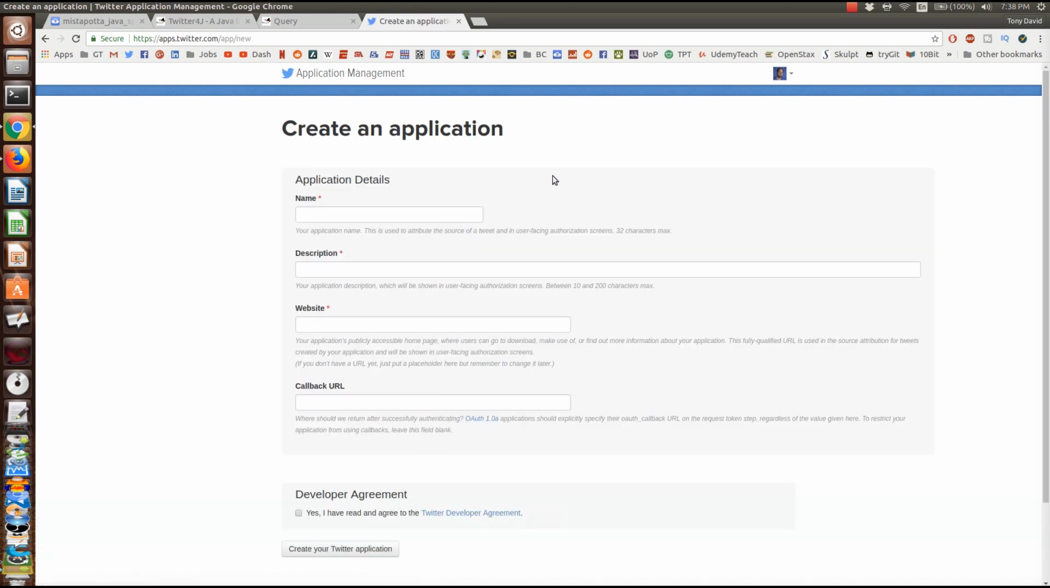Now, you may have to give Twitter some additional information. You may have to verify your email address if you haven't already done that. You may have to verify your phone number if you haven't already done that. But these are things that I've done with my Twitter account. I have to give my application a name. So I'm going to say this is Ms. Tapata's